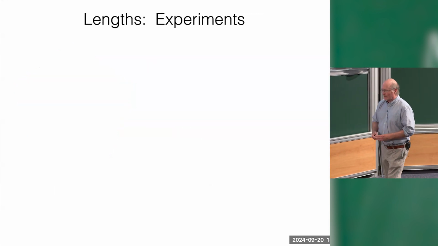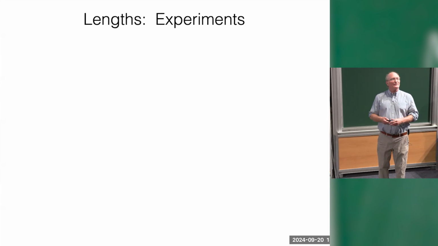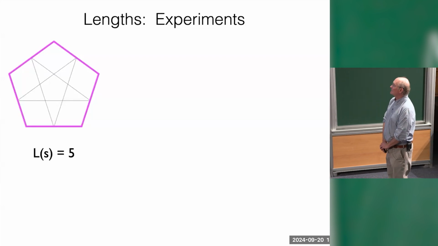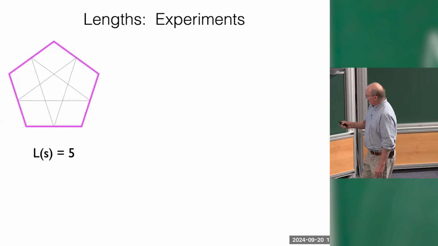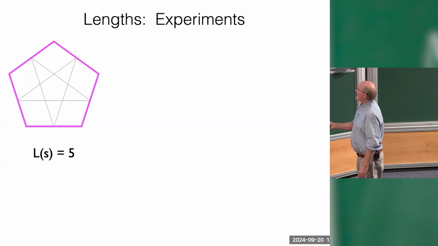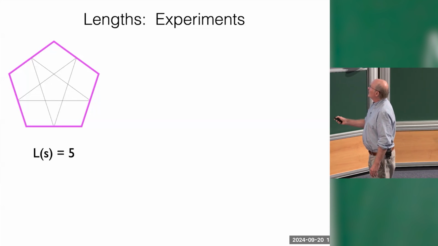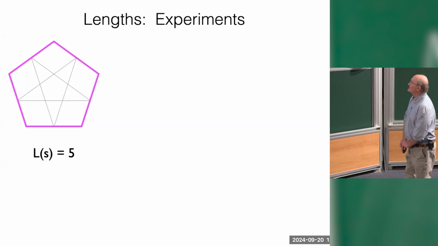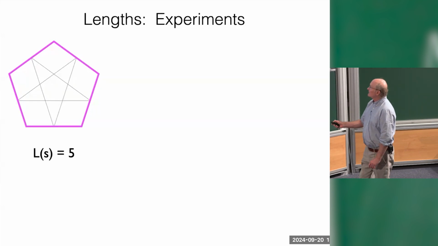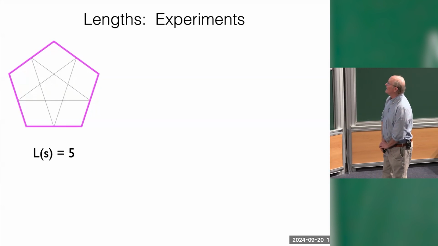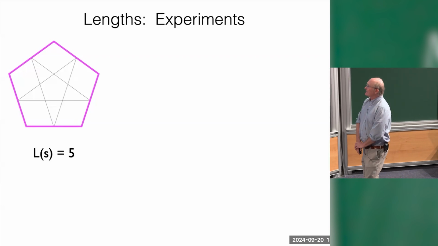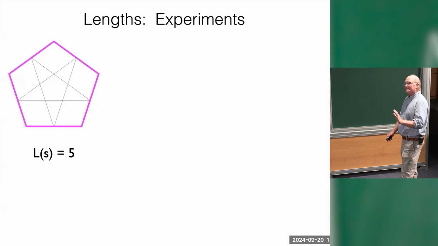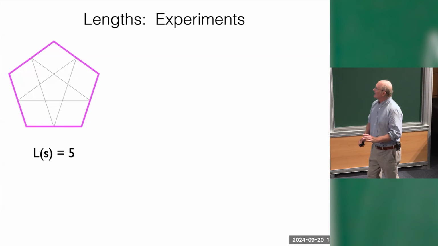So first, let me show you some experiments. This is even experimental physics. So here's the simplest periodic billiard path in the pentagon. It's the inscribed pentagram. As you can imagine, this corresponds to the slope of 0, or maybe better, this slope here, which is parallel to this edge here. I'll call that slope S. And this particular trajectory comes back to itself after hitting the sides 5 times. This is an elementary experiment to carry out, and I really encourage people to do it, because you immediately see something that I found quite surprising when I did it.